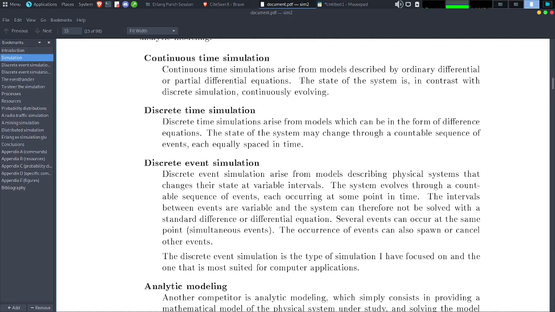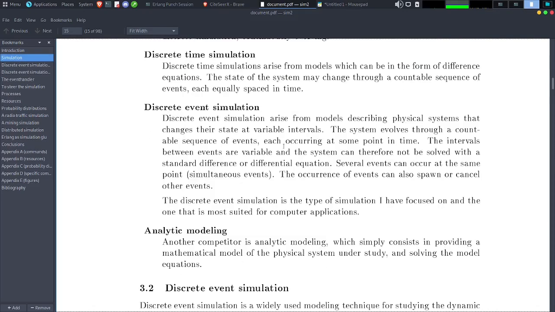The state of the system is, in contrast with discrete simulation, continuously evolving. Discrete time simulation arises from models which can be in the form of difference equations. The state of the system may change through a countable sequence of events, each equally spaced in time.